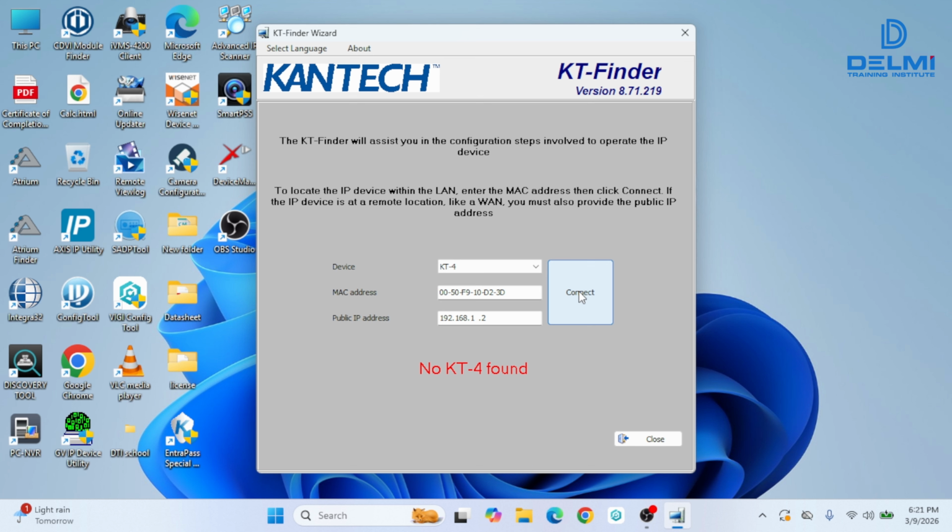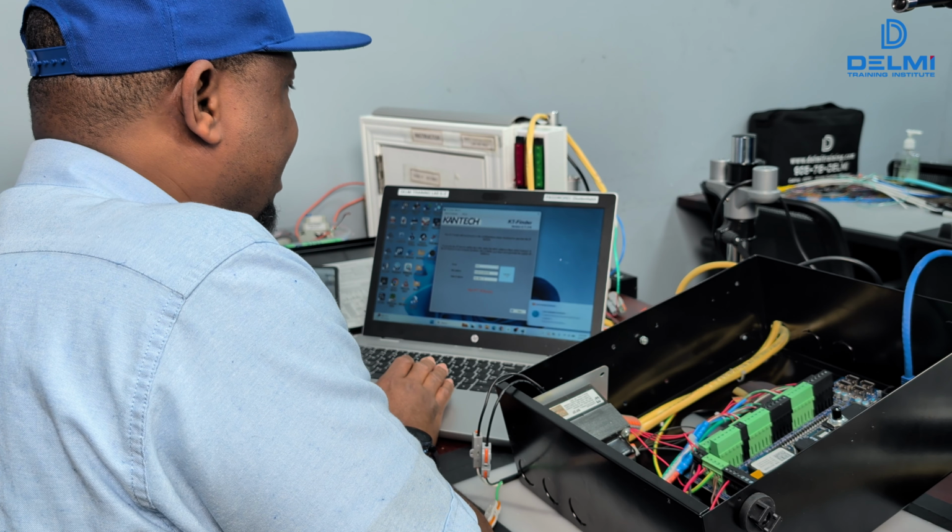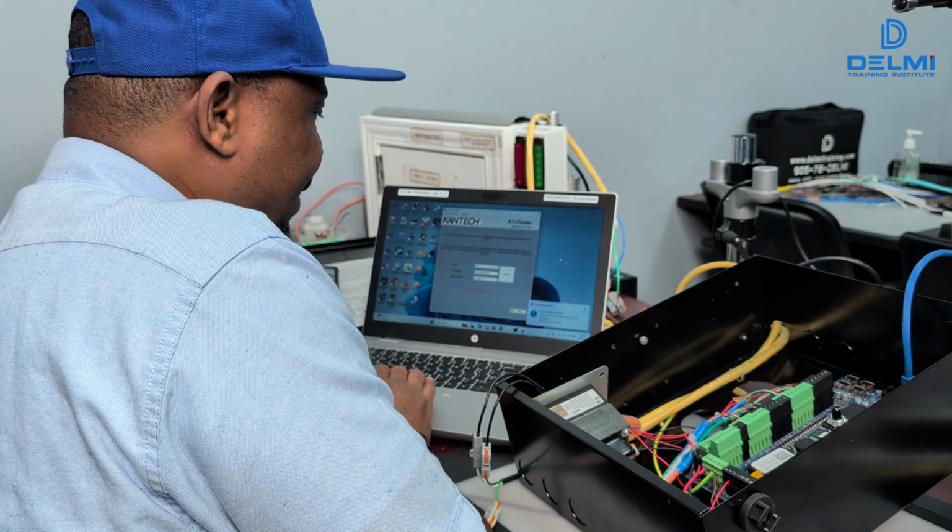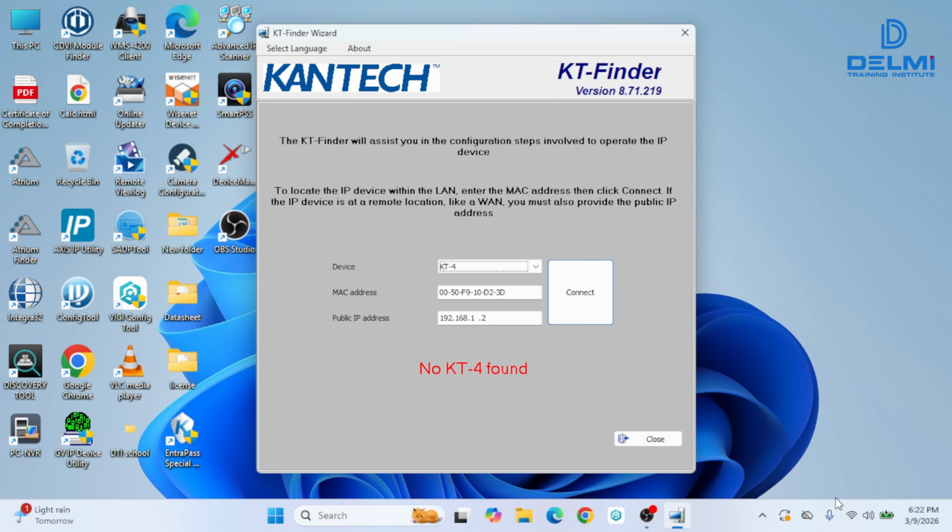So no KT found. I have to check again to make sure that there is connectivity. This is one of the things that a lot of students try and do, and they find out that nothing was happening. So let's go and look at what the IP address of my laptop is. I just want to make sure that it is on the same network as the 192.168.1. So first of all, I'm going to go to control panel,